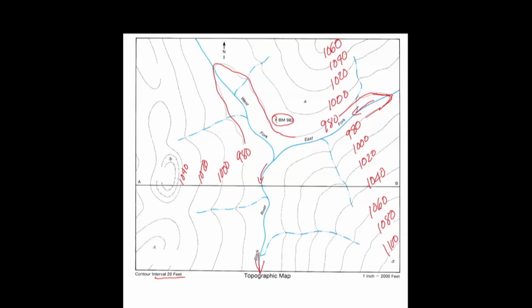So we are now going downhill, but there's a rule that says when you change direction from uphill to downhill, you have to repeat the last contour line that you crossed. So this one is also 1040. The innermost line is 1020. This is 1020. This line would be 1040, 1060.